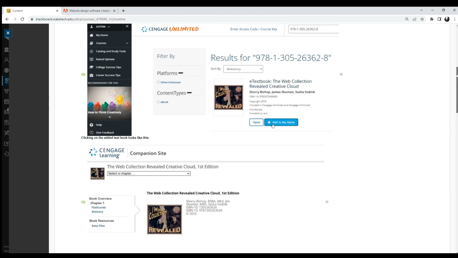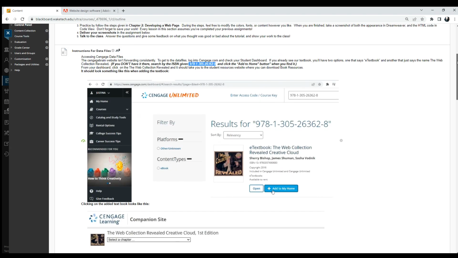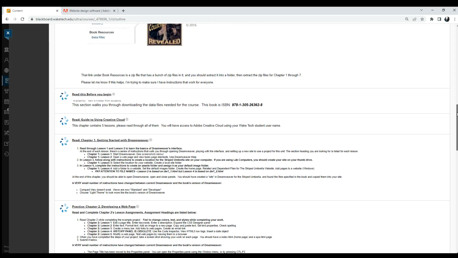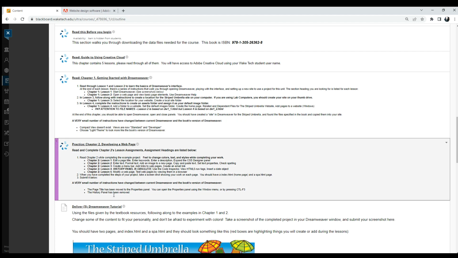So by this point, you should have your data files somewhere you can find them. You should have Dreamweaver installed, and look down at the instructions. The way this book works is it's essentially a tutorial. Now this is a slightly older book because they didn't update this book for me like the publishers promised me they were going to update the book. So we're still using an older book for this semester. And it has some slight differences in it